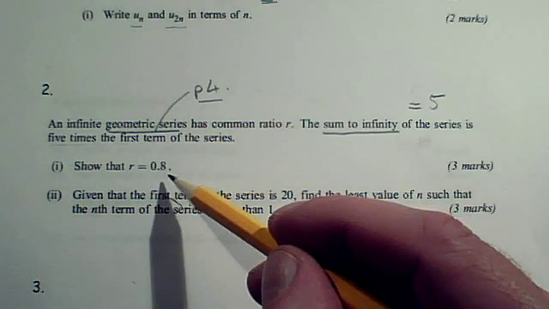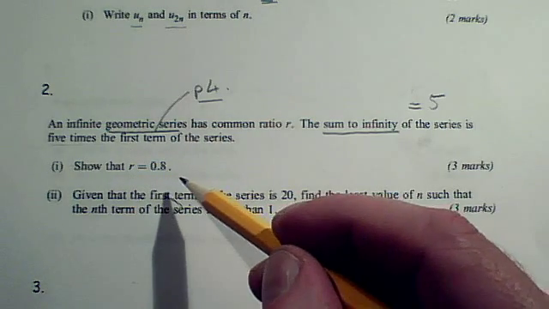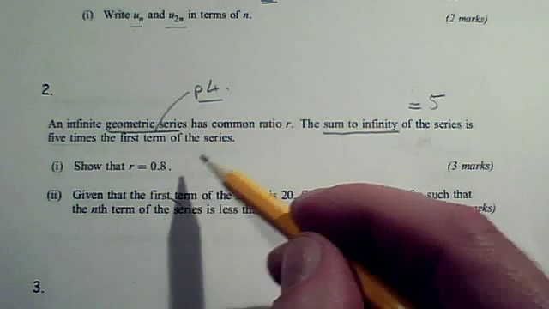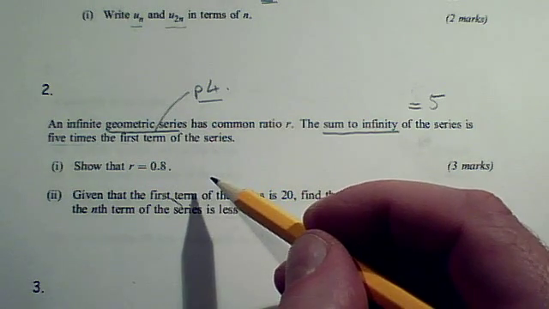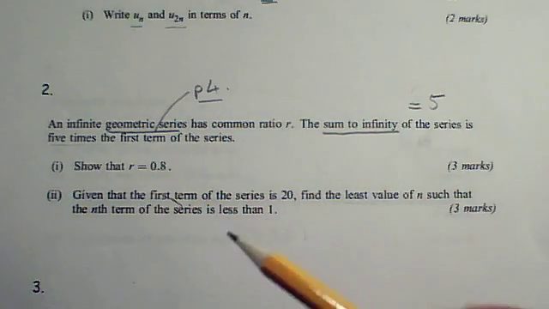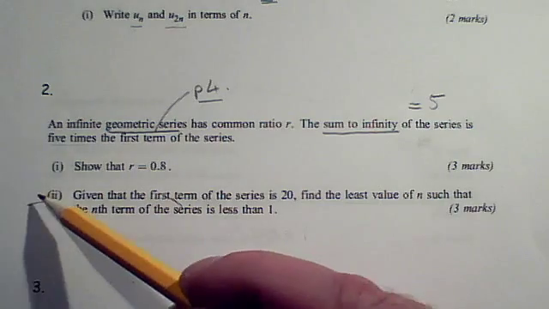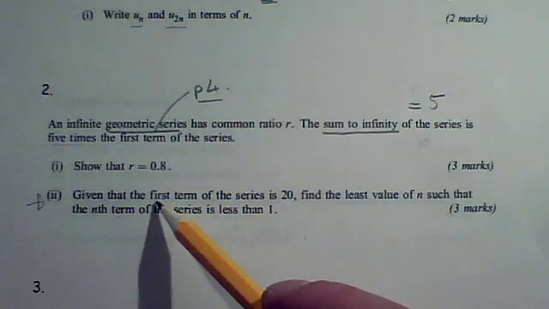to get r equals 0.8. You've got a's in the equation to begin with, but if you do one stage of rearrangement and then divide both sides by a, you should have no difficulty in getting to that. When you do part 2 of this question as a core 2 homework, you know the first term is 20,